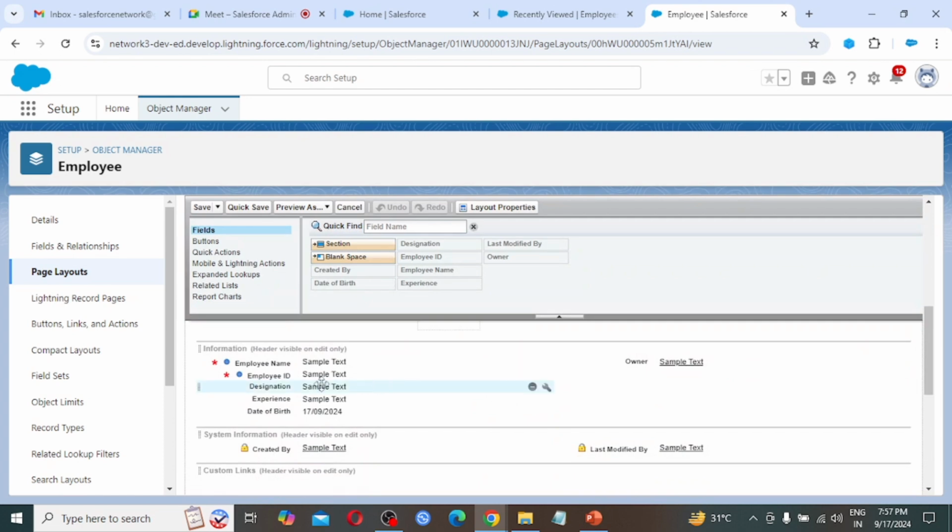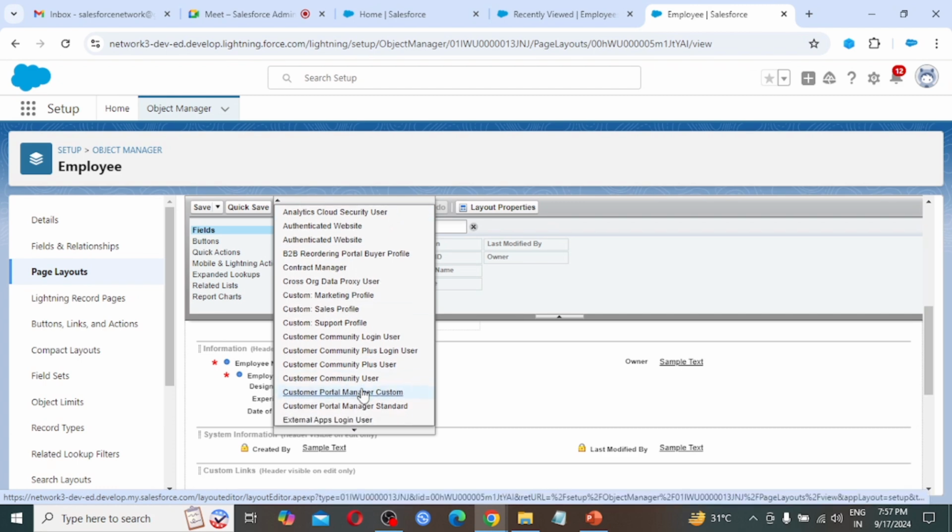So here we are able to see that employee name and employee ID we are seeing right now also, but designation, experience and date of birth fields are not coming. So it is available on the page, but due to some network issue it is not populating over there. So no worries, in tomorrow's session I am going to start from here itself. In your case, maybe it is going to populate right away when you are creating the fields.